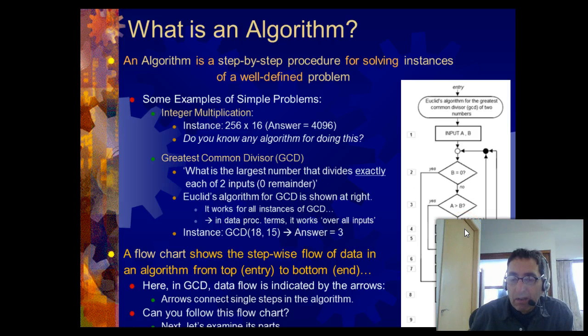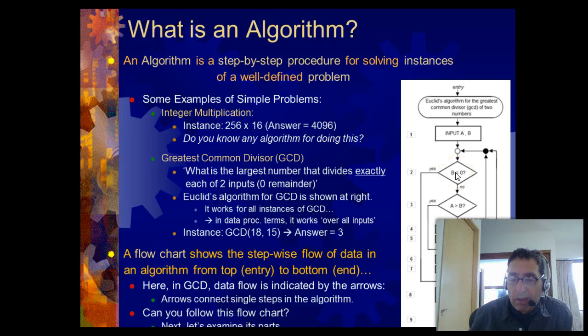Wait a second, what did I say? 10 and 12. B minus A. So that's 12 minus 10, and that's going to be the new B. So B is going to be now 2. So before, A was 10 and B was 12. Now B is 2. Okay, now we go back to here,